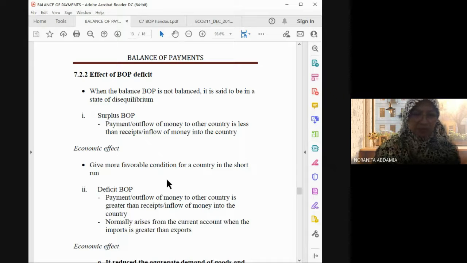Breakfast dekat mana? Breakfast kat Malaysia. Lunch kat mana? London. And then dinner kat mana? Amsterdam. Cik, wah. Okay, contoh. Tapi itulah dia. At that time, Malaysia was very lacking in the expertise to control the money